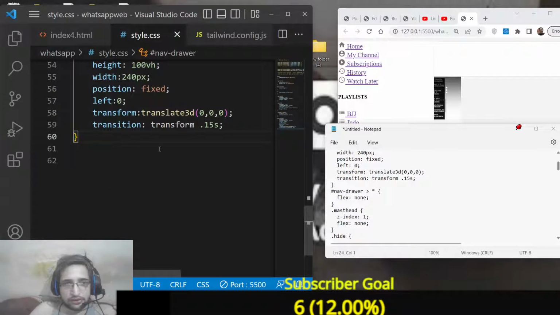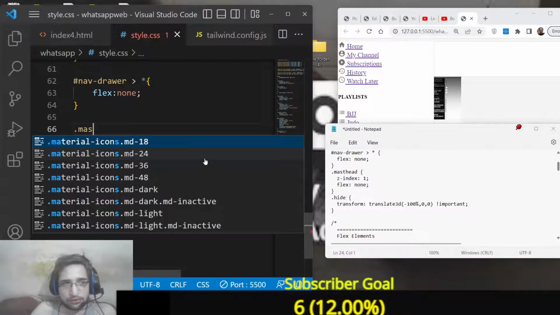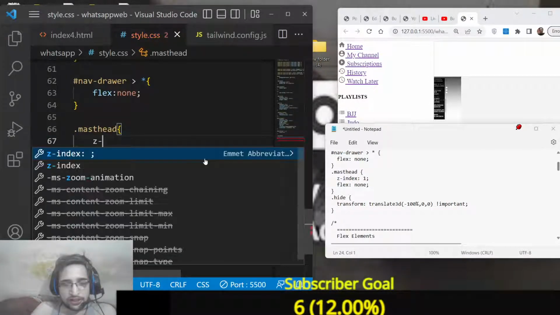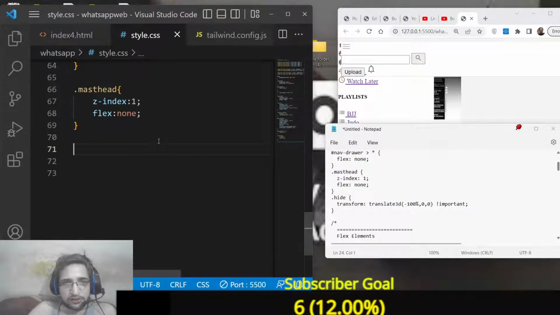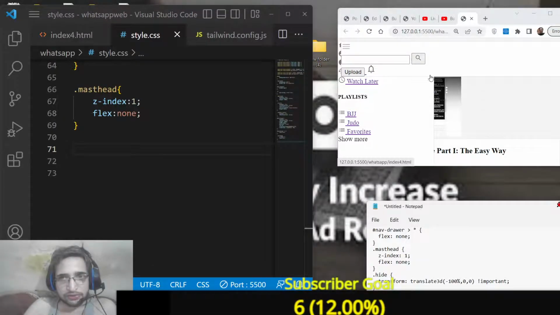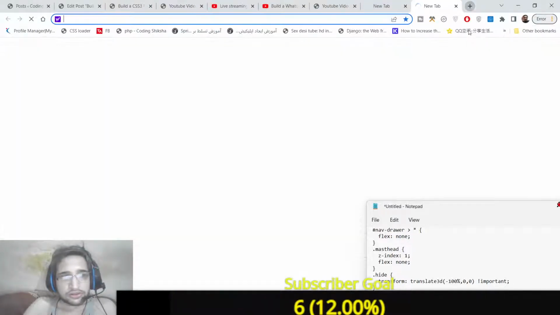Basically after this we will say nav drawer greater than star flex to none, and also inside your masthead section z index will be 1 and flex will be none. And also we need to first of all disable this. We don't need to show this. If you see this, we don't need to show this. So what we can do is that